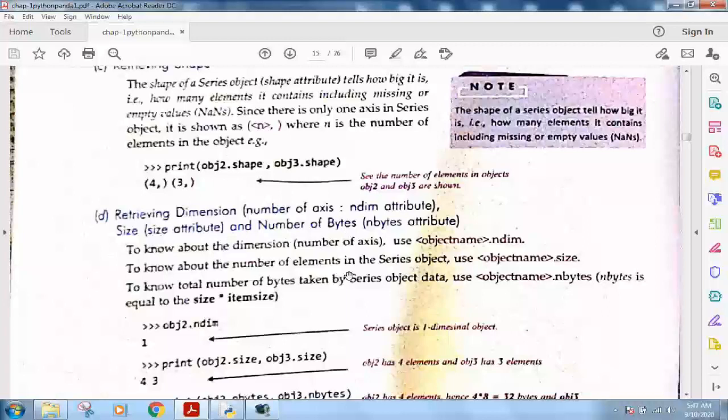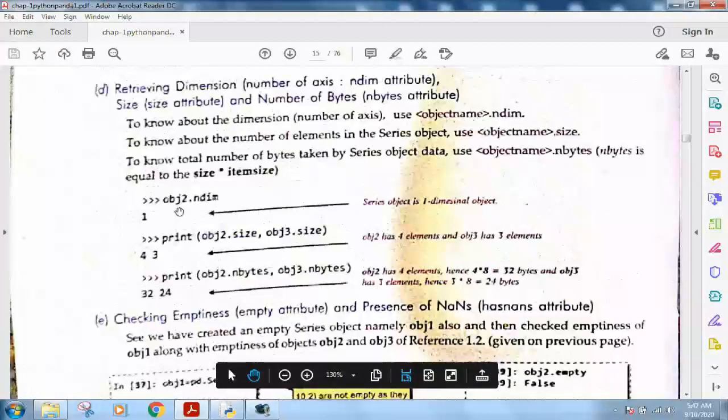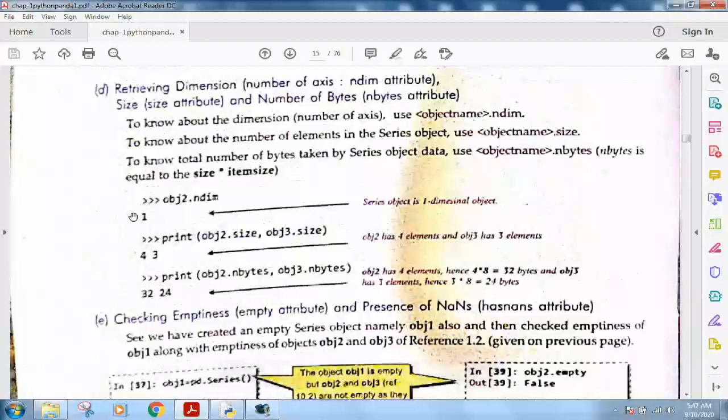Size attribute gives the number of elements in the series object, and nbytes gives the total number of bytes taken by the series object. So size into item size also gives you the number of bytes. See, ndim of a series is one, it is a one dimensional object, so you are getting the value 1. This is giving the number of elements in object 2 and object 3.